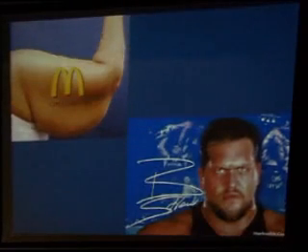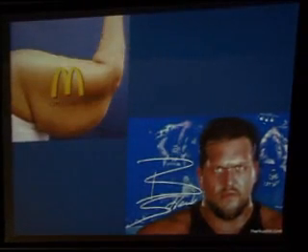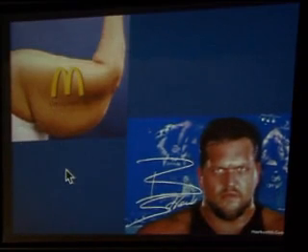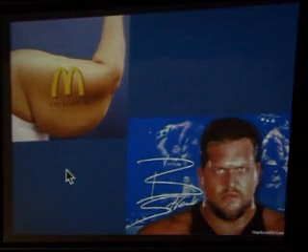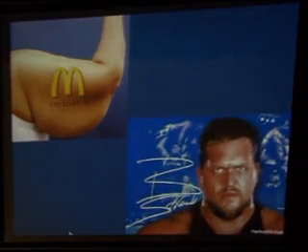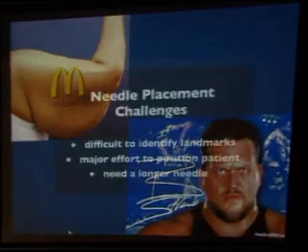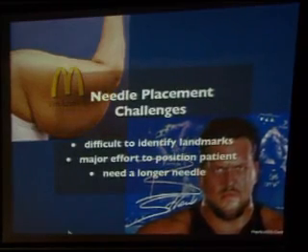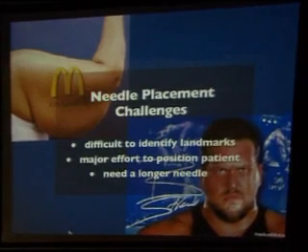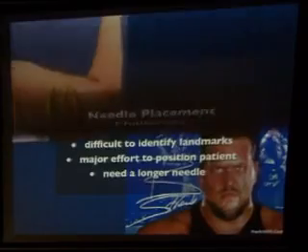For peripheral nerve block, again, it's a struggle. If you want to do an axillary block here, you will have a hard time feeling for the pulsation. And if you want to feel for the interscalene groove here, again, it will be a big challenge. So again, the lack of easily identifiable landmarks will be a problem. And it's a major problem to put the needle in.